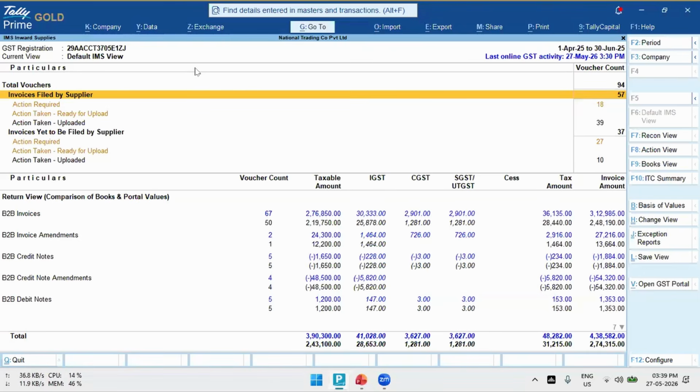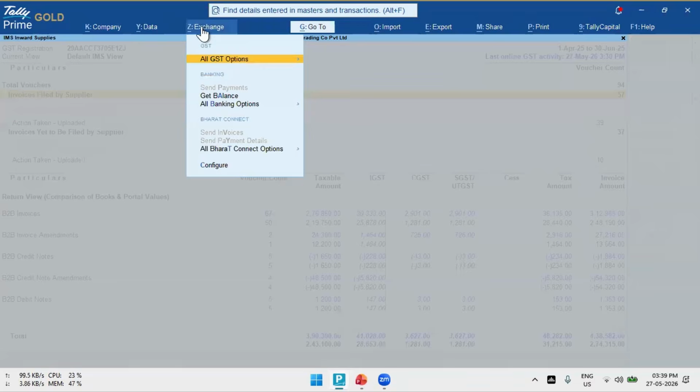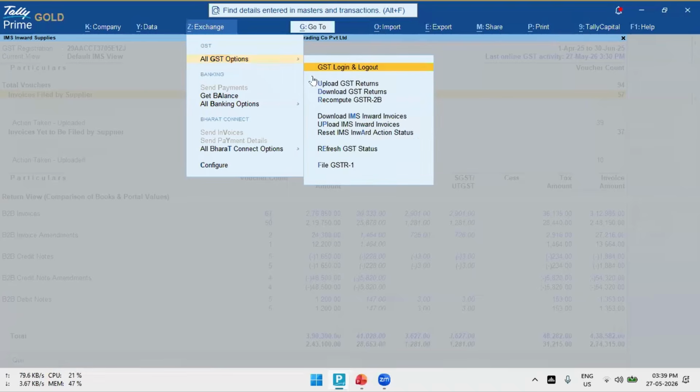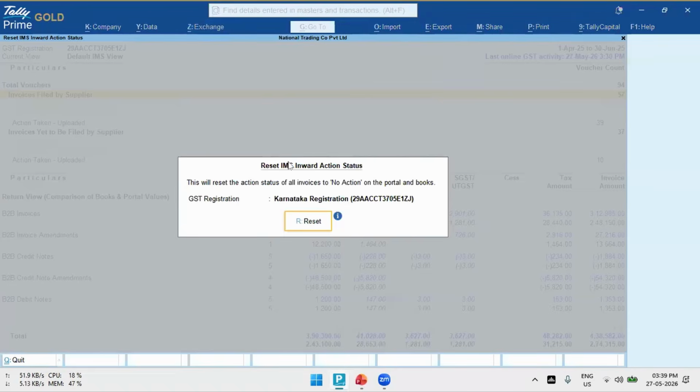Second thing is, let's say you had taken the actions and you had already uploaded those actions on the IMS portal. Now you want to reset both Tally and portal data. So what you can do, you can go to Exchange, and under Exchange, all GST options, and here you have reset IMS inward action status. If you see the description written here, this will reset the action status of all invoices to no action on the portal and books. So on the portal also, whatever action you had taken will be reset, and in books also the same impact will happen. So if you click on this reset button,